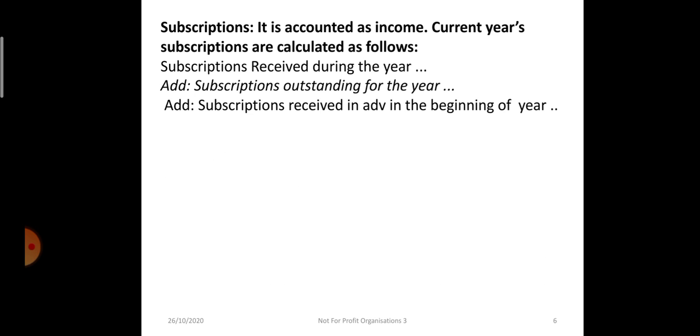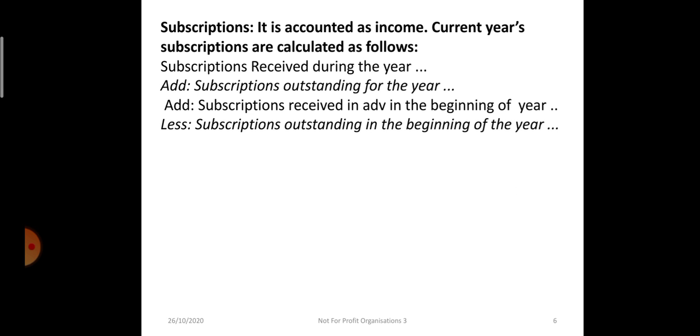Okay, it is an income, and in case of subscription, the following adjustments are done. Amount of subscription received during the year, then if any subscription is outstanding for the current year, it will be added, and subscription received in advance in the beginning of the year for the current year will also be added. That means all the subscription which is related to the current year, whether it is received or it was already received in the previous year, will be added, and